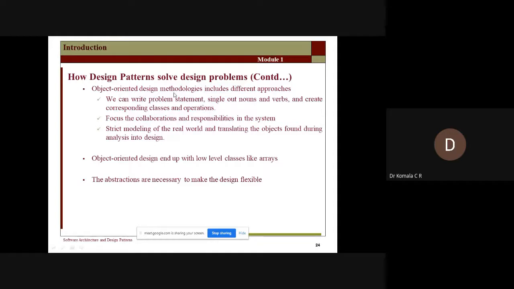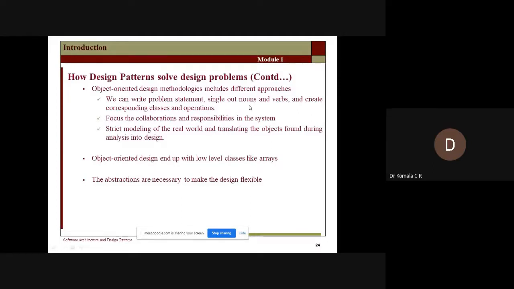That is done by which part? Which pattern? Visitor. Who will take care of that responsibility? Visitor will define the problem statement, the operation that is going to be performed. Then single out nouns and verbs. Single out is nothing but picking one from the group. So I have nouns and verbs here with respect to objects. Noun means, since your design pattern is flexible, you have n number of stages. You have cascaded n subsystems here. Each subsystem has a particular set of objects.